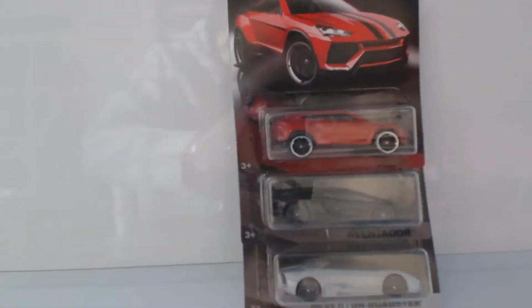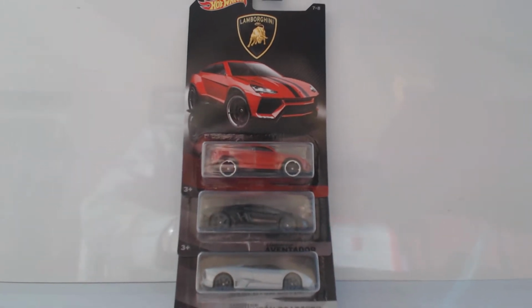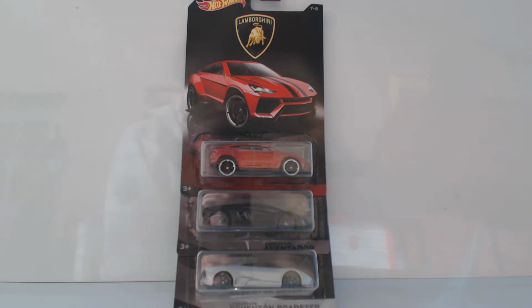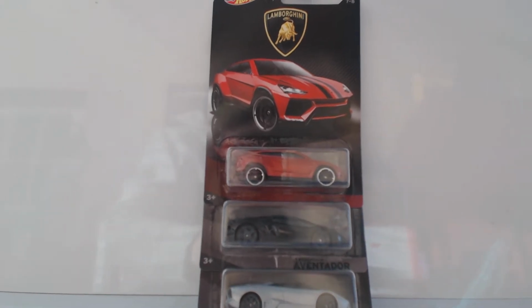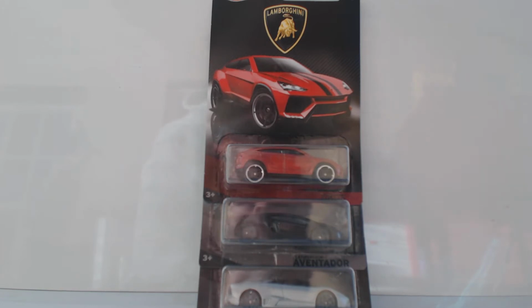Yeah, so what we've got here is some Hot Wheels Lamborghinis. The reason why I got some Lamborghinis is I'm not a massive fan of Lamborghini, to be fair. I do like them, I think they're pretty cars, but one of my daughters is mad on Lamborghinis. She's always watching YouTube channels where there's Lamborghinis, and her favourite one is the Aventador, which is this particular one here. So I thought I'd buy these firstly to show you guys what I bought,